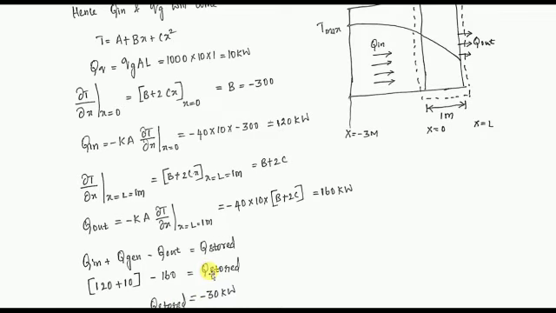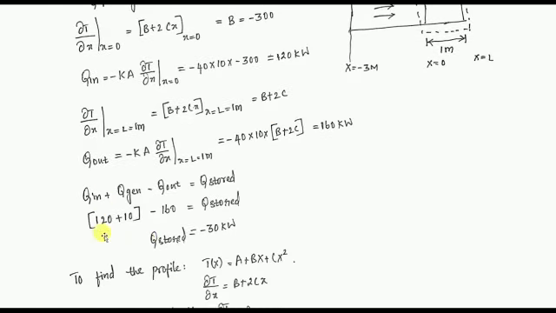They are very clever. You need to go for the full thing. That's why they asked Q stored, in which you automatically need to find Q out, because you need to substitute the value of Q out. After that only you will get Q stored. So Q out at 1 meter, because it is going out at 1 meter, right? The wall is there at x. What is the value of x? It is the thickness itself, 1 meter. If you substitute 1 here, you will get b plus 2c. You know the b value and the c value. If you substitute all those, that's all, and you will get 160.